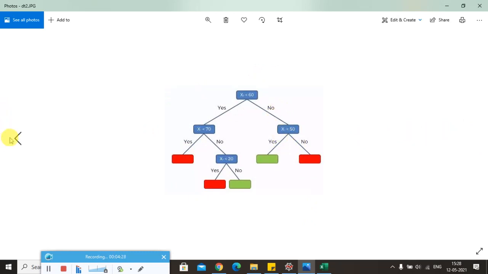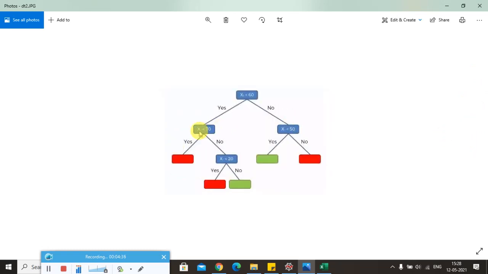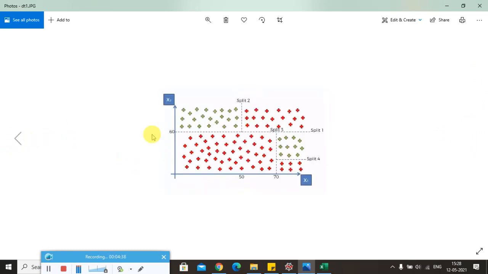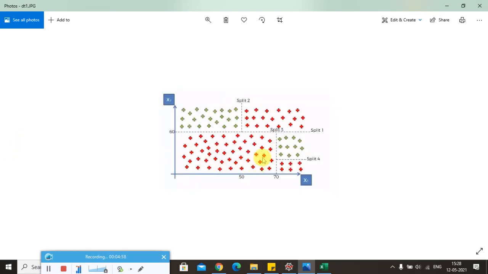As you can see clearly in the picture, if the x2 is less than 60, what we get is a few of the observations. For split 1 we have x2 less than 60, right? If it is less than 60, I also need to check whether x1 is less than 70, and if both are true then it is going to give me the red color.